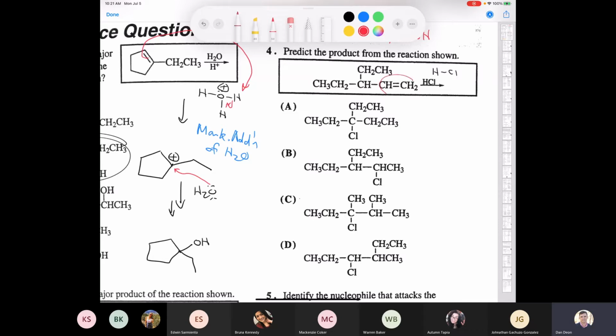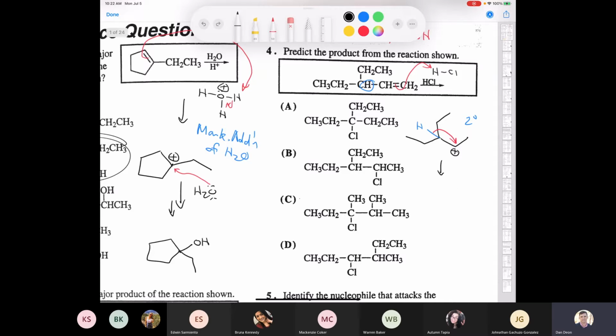So look, I've got a double bond. It's unsymmetrical. The rich are going to get richer, right? I'm going to protonate the carbon on the end, and that's going to give me this carbocation. So I've got my methine. Then I've got an ethyl group up here. I've got another ethyl group over here. I've got another ethyl group over here, and my carbocation is here. So what's going to happen is I have this proton, which is the one that's in blue, and this is a secondary carbocation, so that's going to undergo a carbocation rearrangement to give me this, where now I've got,